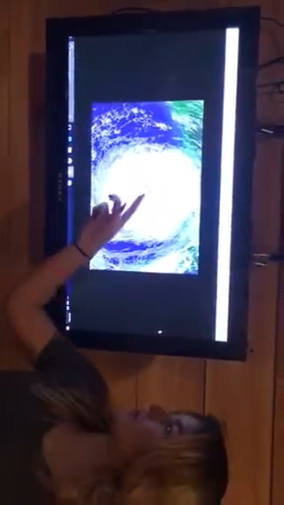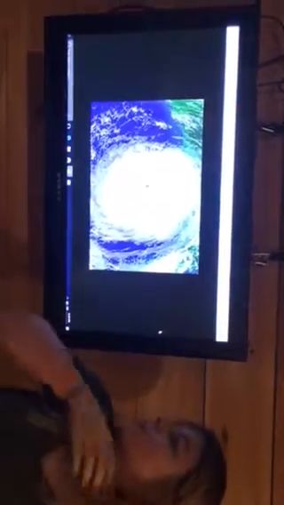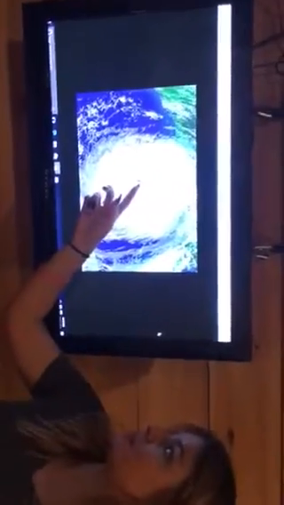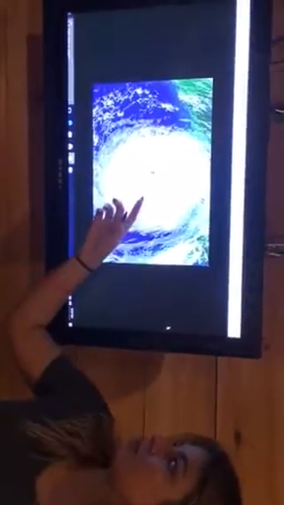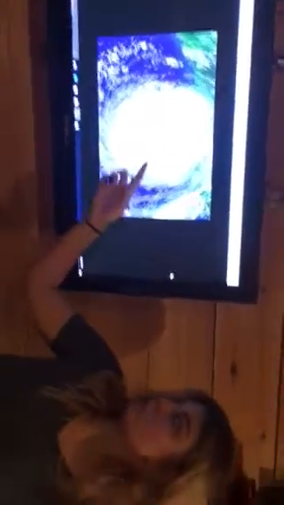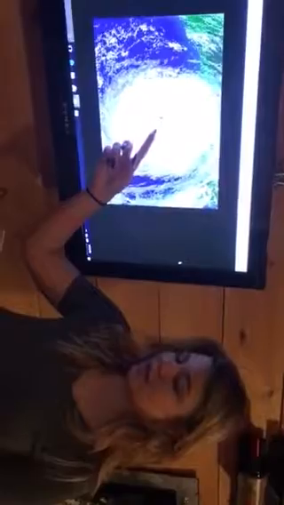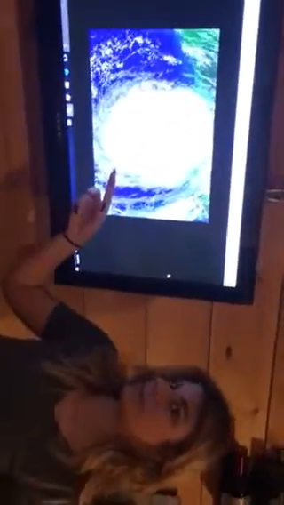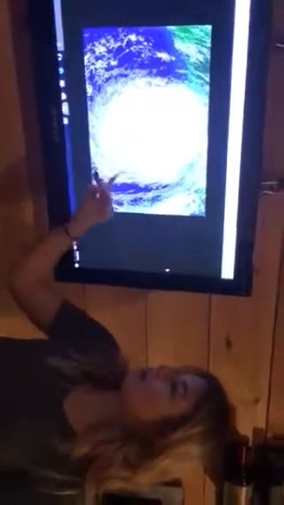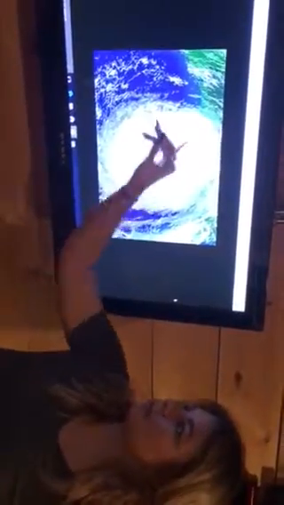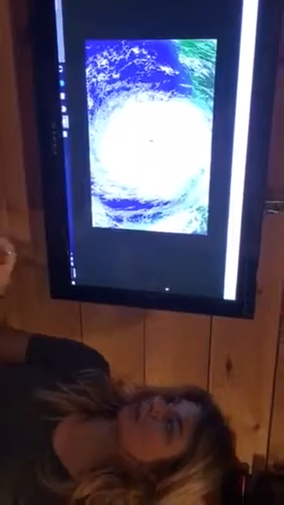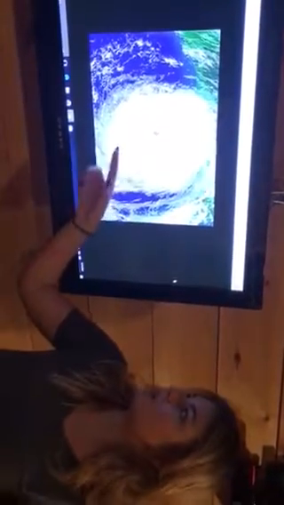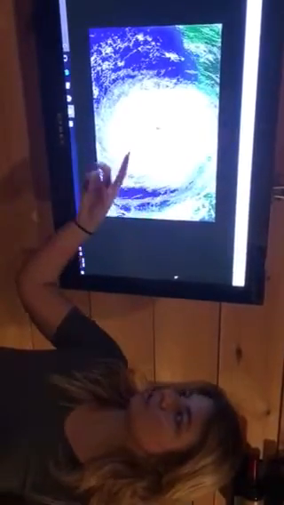Now, there are different components of a hurricane. This is the eye of the hurricane, and in the eye of the hurricane, that's where the calmest part of the storm is. So there won't be as much damage in the eye of the storm. But when you're in the eye of the storm, you know that it can become worse because the eye wall, which is around the eye, is where there are the strongest winds of the storm, and that's where the most damage is going to be done. Around the eye wall, there is everything surrounding, and that is called the rain bands. And the rain bands are going to make the storm either larger or smaller.